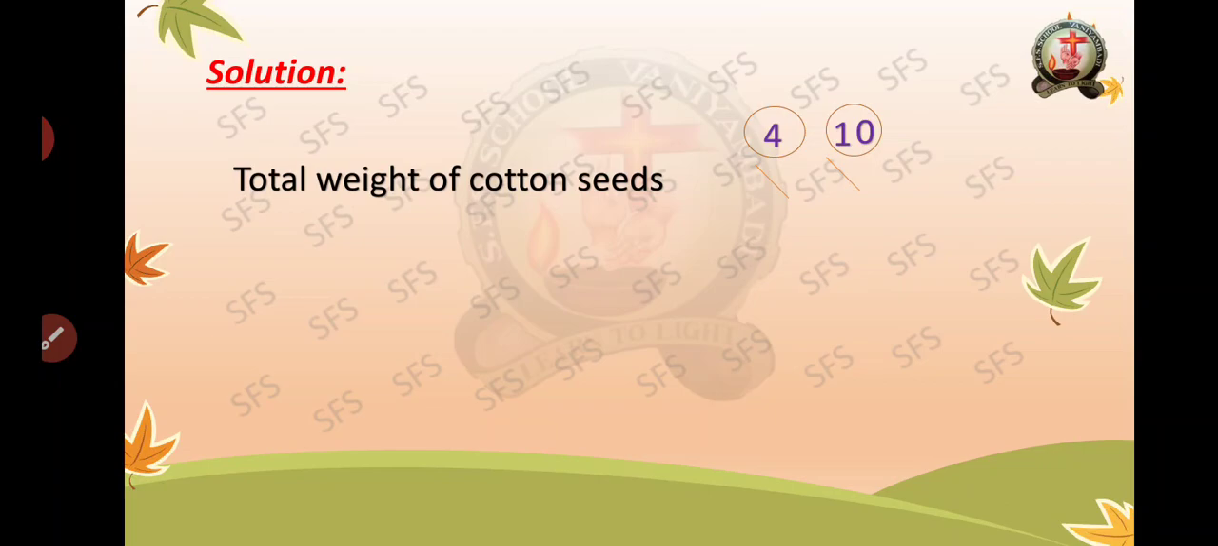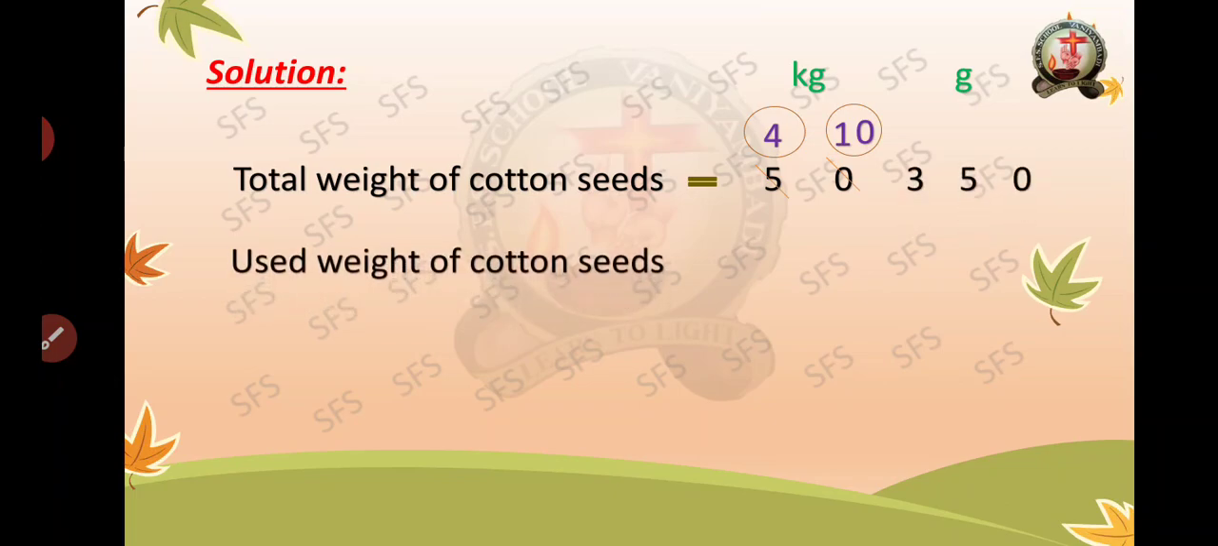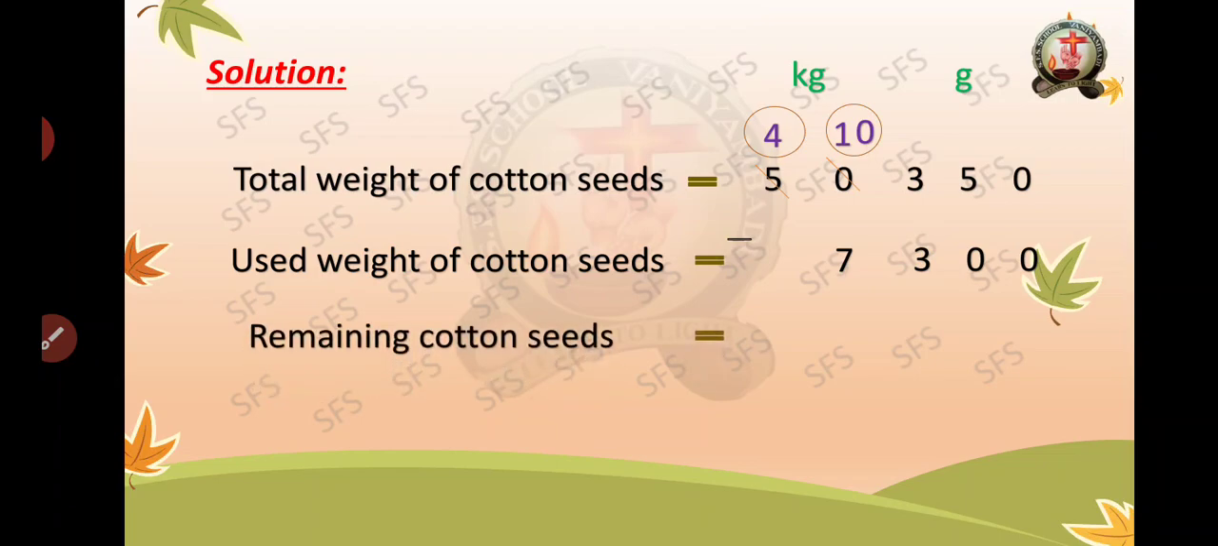Total weight of cotton seeds. What is the total weight of cotton seeds, children? It is 50 kg 350 g. Then used weight of cotton seeds. What is the used weight of cotton seeds? It is 7 kg 300 g. This is the used cotton seeds. Now they are asking you the remaining cotton seeds after feeding his cow. So the remaining cotton seeds is equal to, we have to subtract